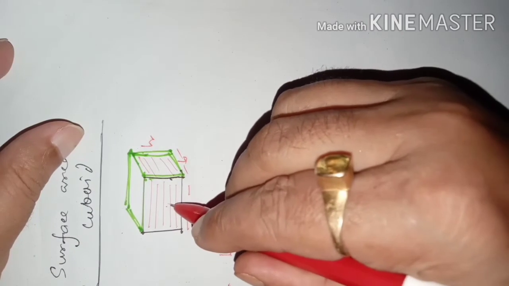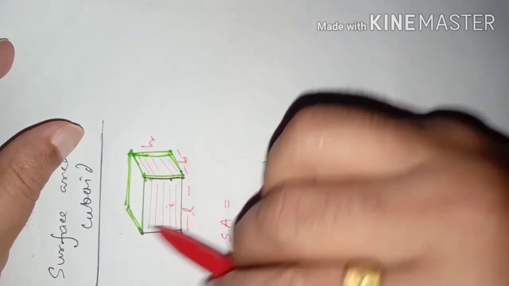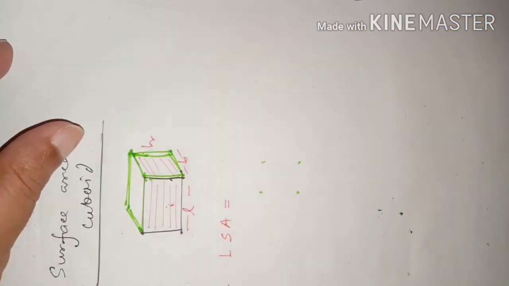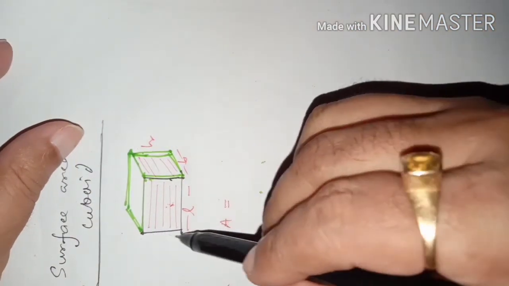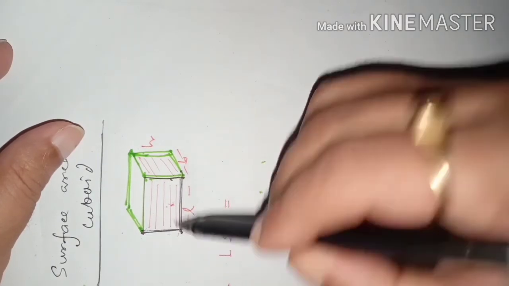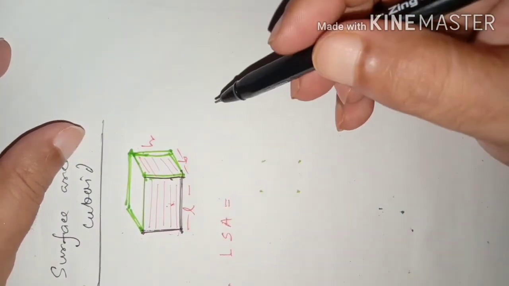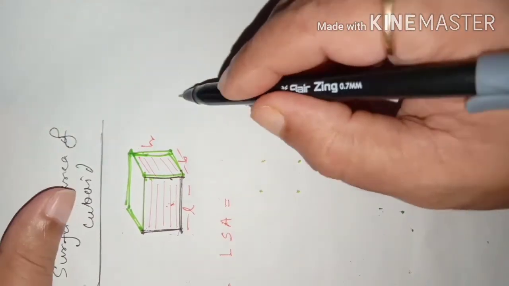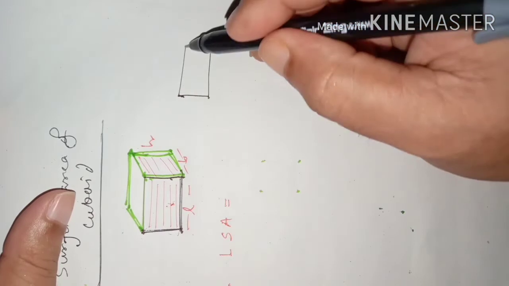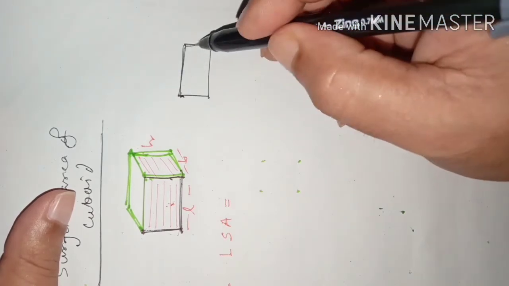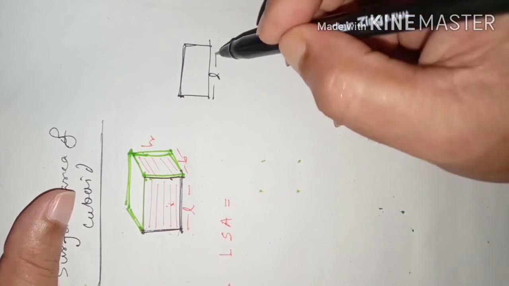This is a rectangle, you know. This rectangle, the front one I am saying, which is facing towards you, has dimensions. What are the dimensions of this rectangle? This side is called length and this way it is called height. Because you see, when an object is lying on the ground, we say it has these dimensions. Suppose it is a rectangular sheet of paper, then it will have length and breadth.